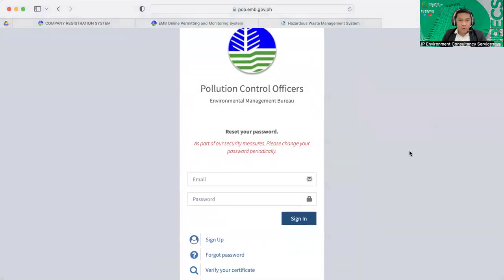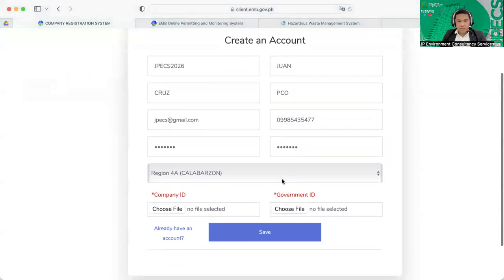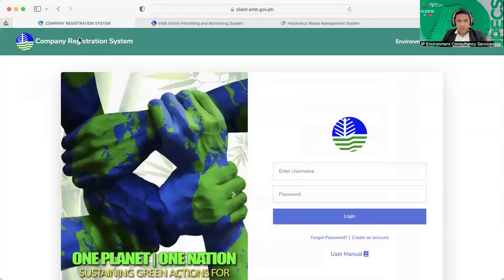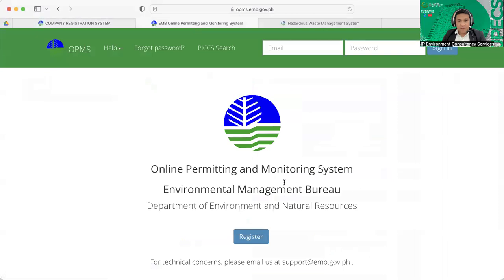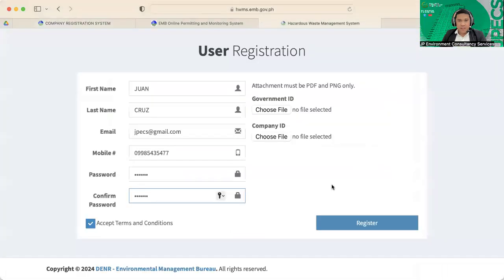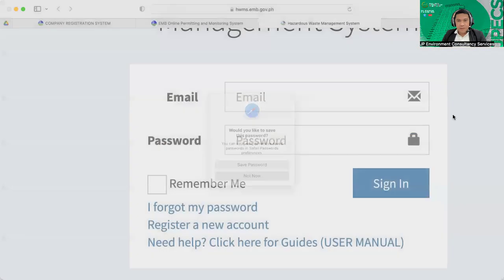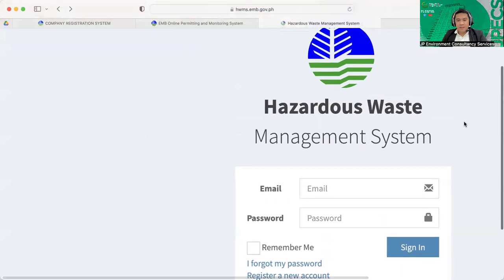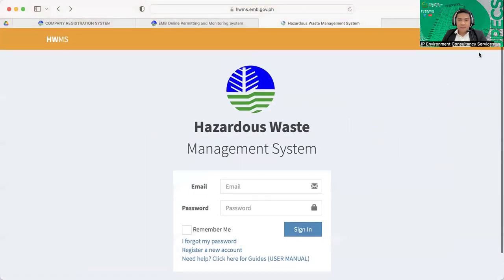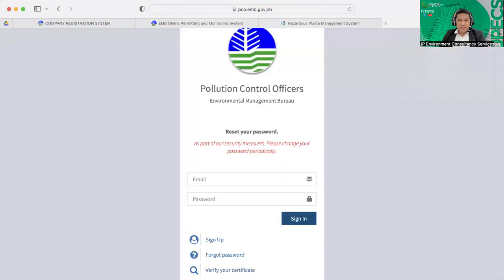So these are the 4 online services of DNR EMB that we should have an account. The pollution control officer should have an account. The company registration system, the online permitting and monitoring system, the hazardous waste management system, and then the online PCO accreditation system.